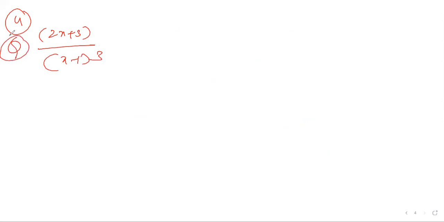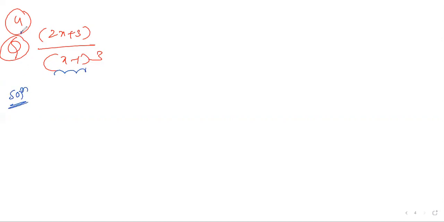So how to do this alternate method? It is very simple. The regular method I can apply whenever the single function power is not more than 2. If the power is 10, how much time will it take? A by x minus 1, b by x minus 1 whole square, c by x minus 1 whole cube, and it keeps on till 10 you have to do. So taking the LCM and doing the work will take a lot of time. For such a high power, this alternate method will save your valuable time.